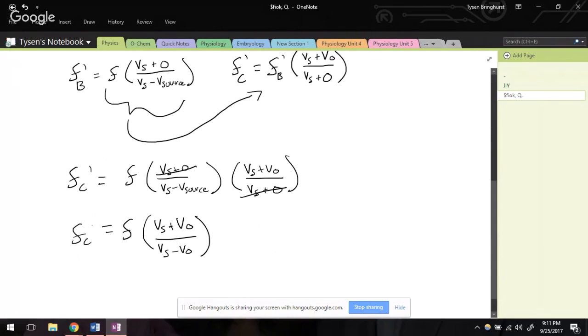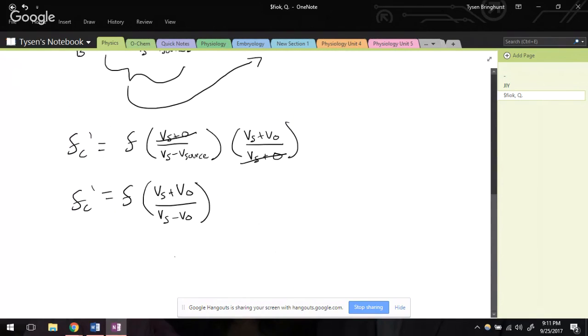And since we know the shifted frequency, that's what the conductor hears, and the frequency at which the note was played, the only unknown left in this equation is the velocity of the observer, or the velocity of the vehicle on which they're traveling. So in order to solve for that, it takes a lot of algebra, it's super long, but you end up getting